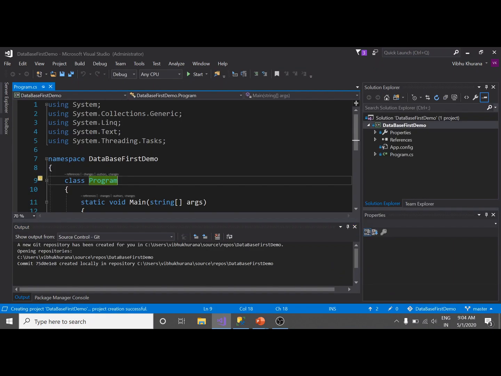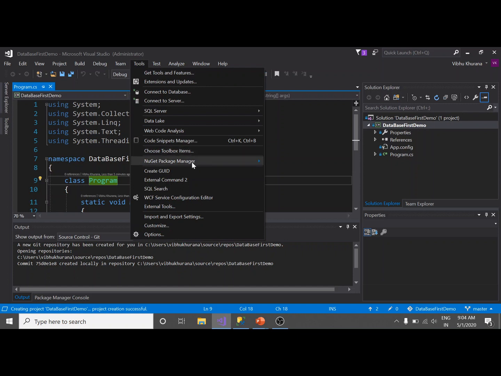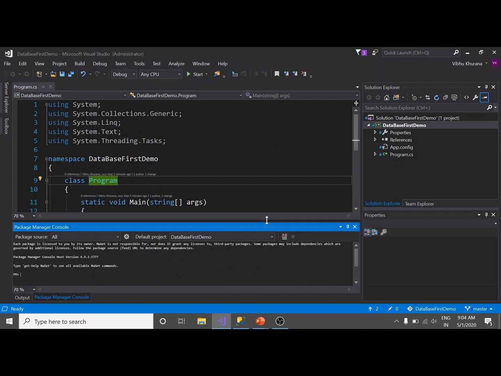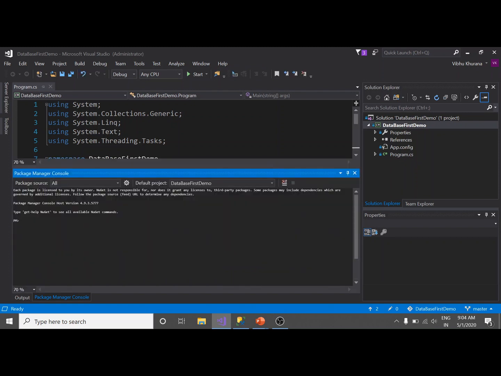Now in this new project, the first step we need to do is to install Entity Framework in our project. So for that, go to Tools, NuGet Package Manager Console. Here we need to run a command to install the Entity Framework.